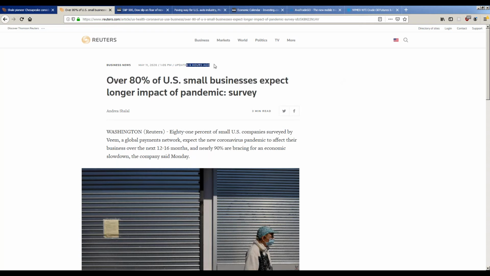And this article was posted 6 hours ago. So you had 6 hours to see news like this, even more from this morning, and trade accordingly until at least the support levels were reached on the charts if you were trading down on major indices. And we'll take a look at what happened.